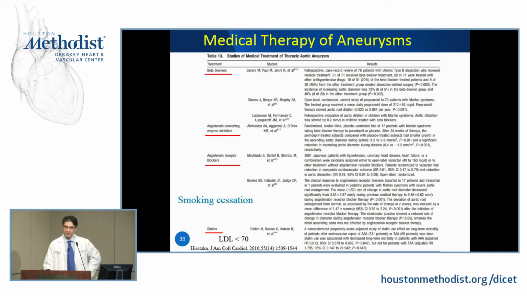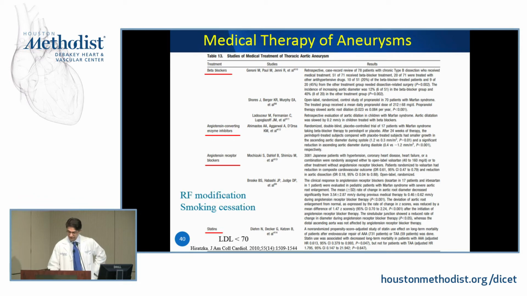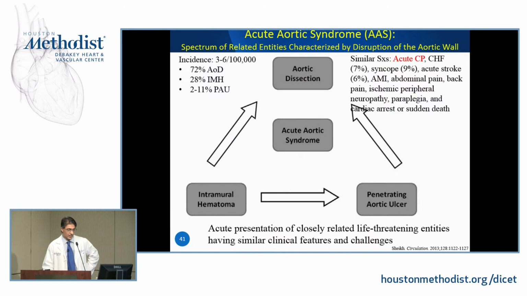Okay, not to mention, we should talk a little bit about it. When you have an aneurysm, please consider medical therapy. It's been studied: risk factor modification, stop smoking, put them all on beta blockers, especially Marfan patients, ACE inhibitors, all been shown to prolong life and slow the growth of the aneurysm. Okay, so